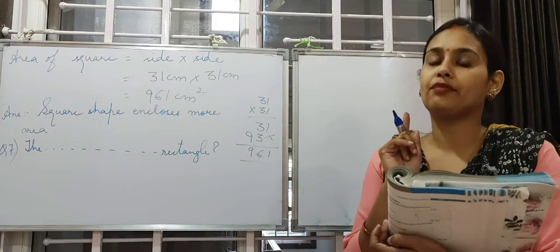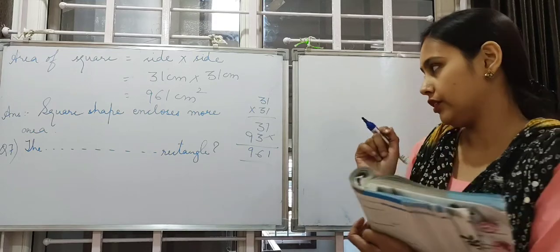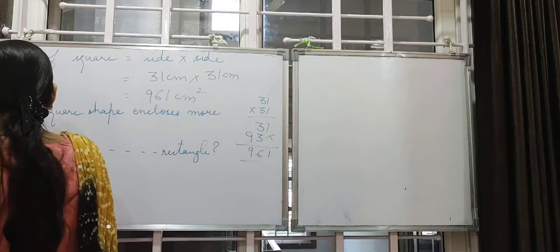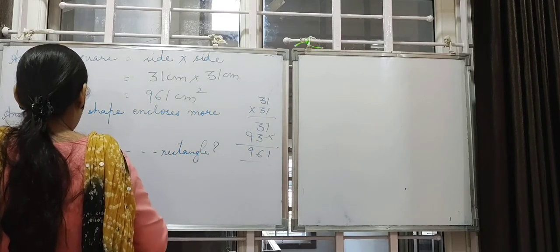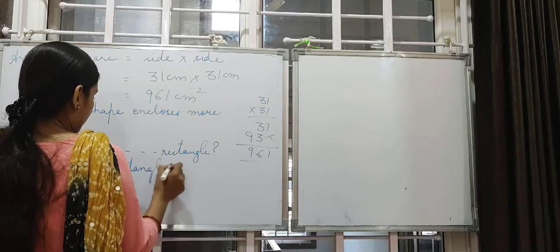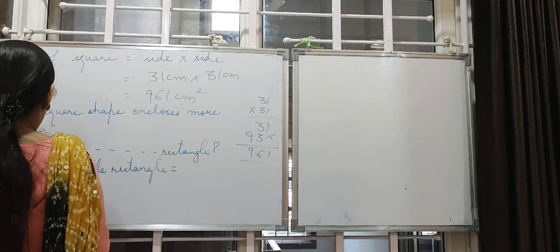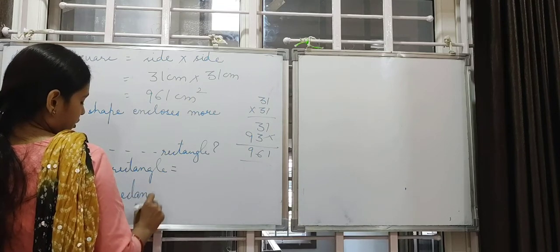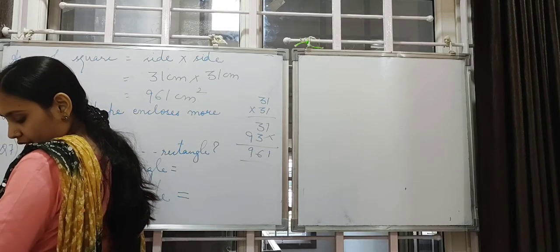And from the formula of perimeter, we will get the value of length and then we find the area of the rectangle. Length is missing, no? Yes. So we'll write breadth of the rectangle and perimeter of the rectangle. Now what is the breadth of the rectangle?